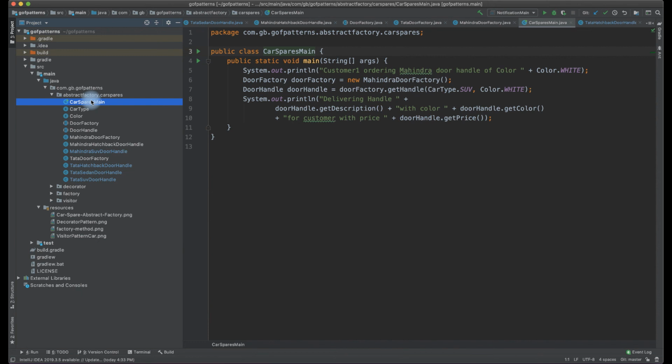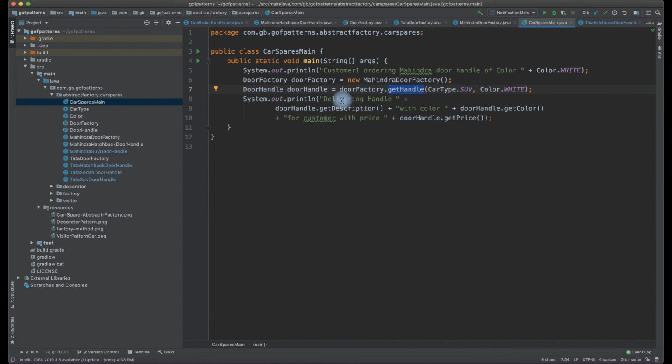So door factory equals new Mahindra door factory, and door handle, I'm going to get the handle from this Mahindra door factory, say door factory dot get handle. So we are not instantiating a Mahindra door factory here, but we are working on the abstractions only, not on the concrete implementations of it. And based on this, it is going to return the appropriate concrete handle, and with that handle we are going to operate what we have to do.